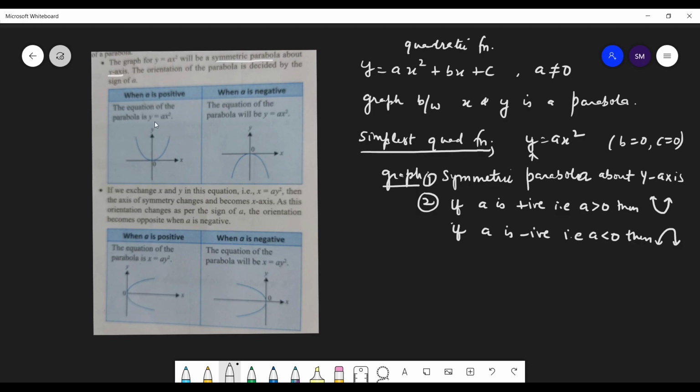So students, this is the graph of y equals ax squared. You can see this figure, and it is passing through the origin. If a is negative, so minus a. Here a is positive, so a is greater than 0 here, and here a is less than 0, so this is a downward parabola. Now, this graph passes through O. So the third point is that the vertex of this graph is 0, 0.